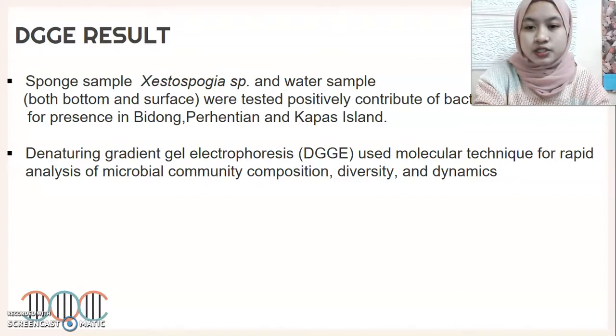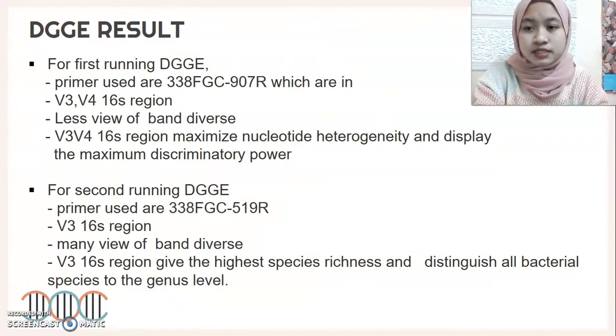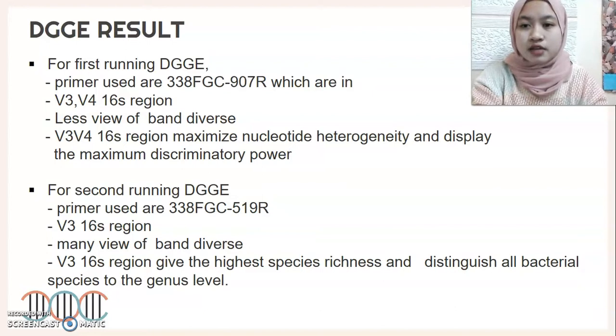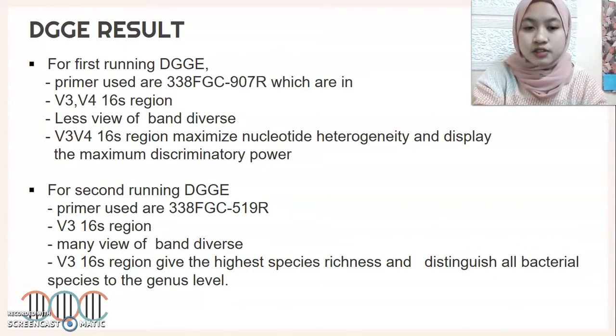DGGE, or denaturing gradient gel electrophoresis, is used as a molecular technique for rapid analysis of microbial community composition, diversity, and dynamics. For the first DGGE run, I used 338FGC and 907R, which are in the V3 to V5 region of 16S. There are fewer band drivers. The V3 to V5 region will maximize nucleotide heterogeneity and display the maximum